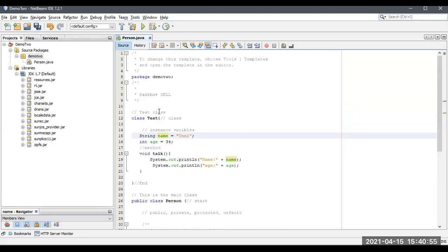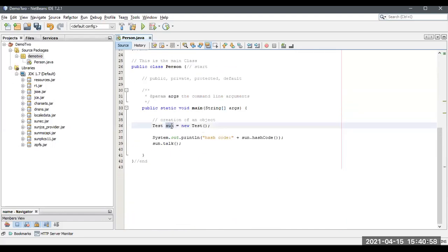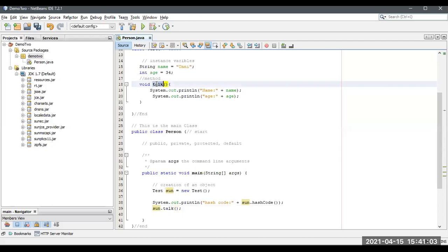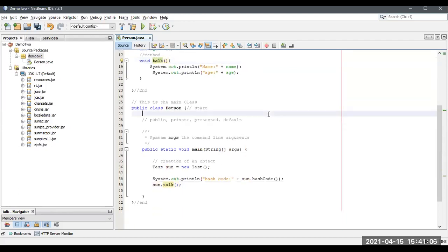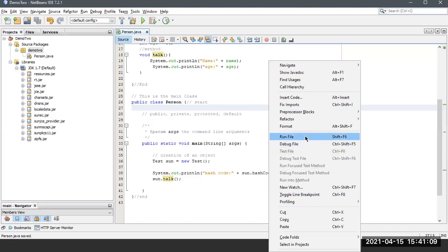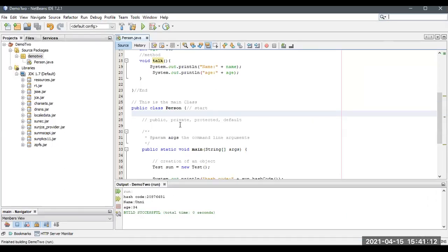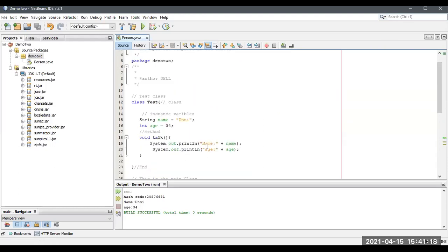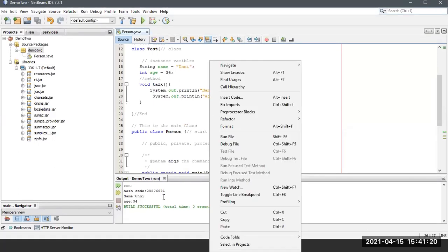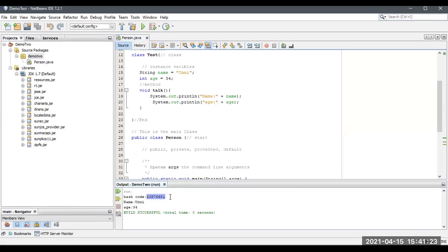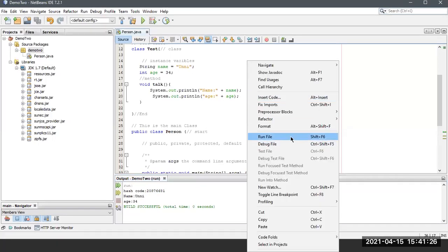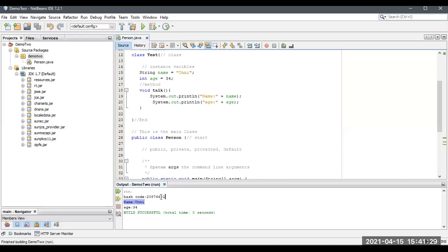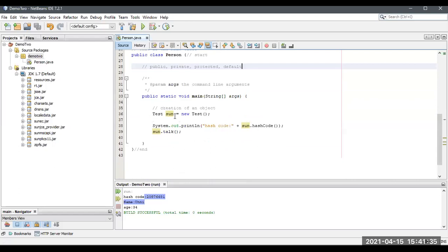So inside a class, now I have created an object over here inside a main method, and now I access the talk. This is the action of a particular person. Now I'm going to run this one. See this. Based on the object, this is accessed. And again, see, the reference number is 20876681. Again, I am going to run the file. See this, it is not changing at all because the object was created once. So this is the same number.